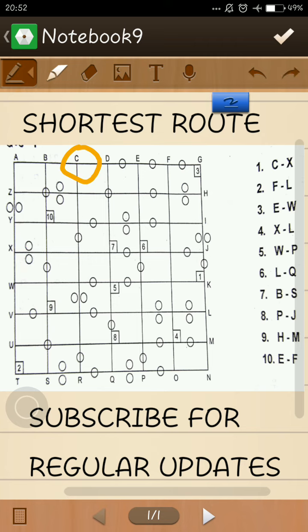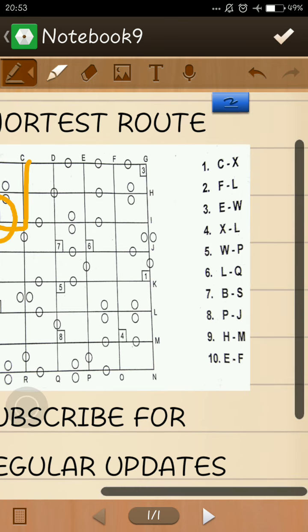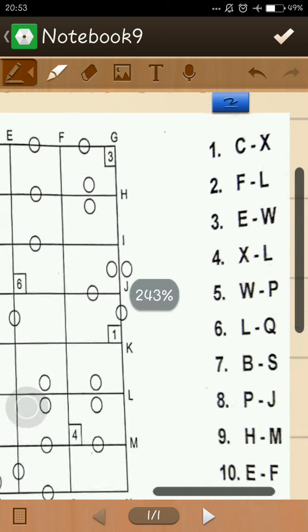First of all, I will choose the shortest way. This is C to X, the path between C to X. But you will see here that no platform is coming in this way, so you will have to change the path. Now you can go from this place and you will find the platform number 10 in this way. So the answer of this question will be 10.